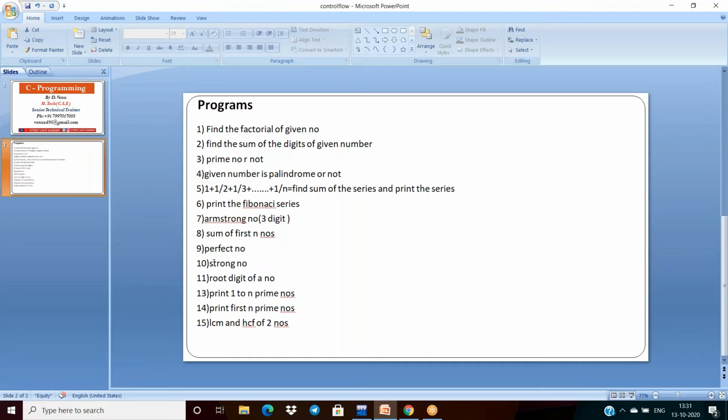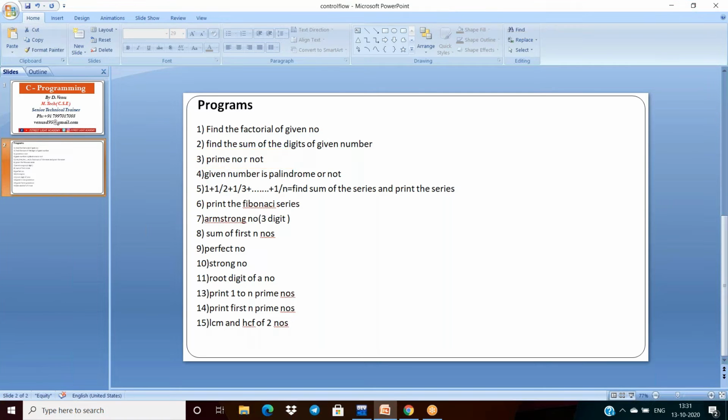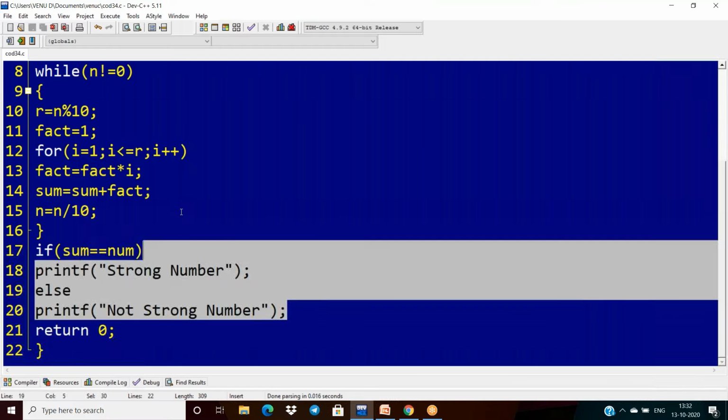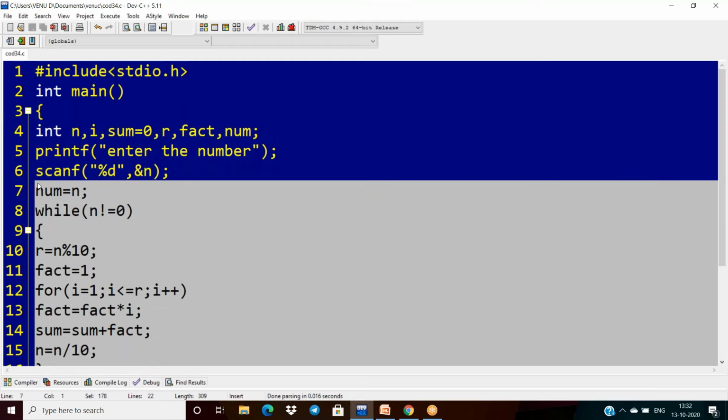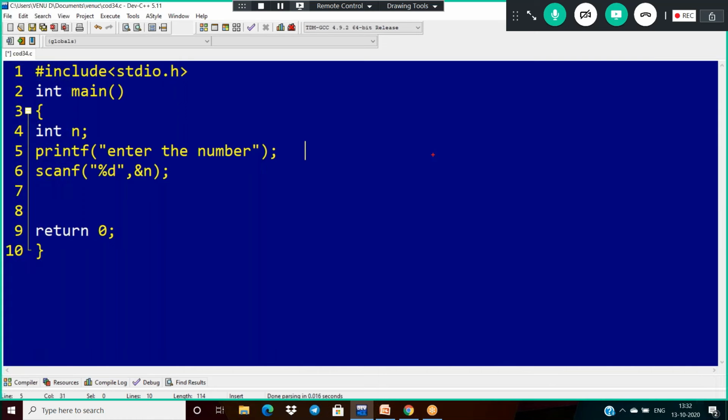Now after completion of the strong number, the next one is I have to explain about the prime number. So basically what is meant by prime? Prime has exactly two factors.